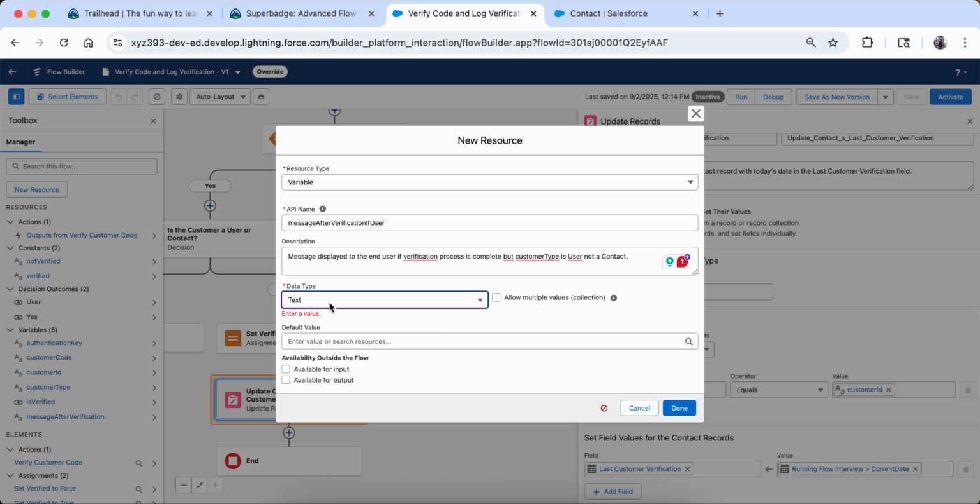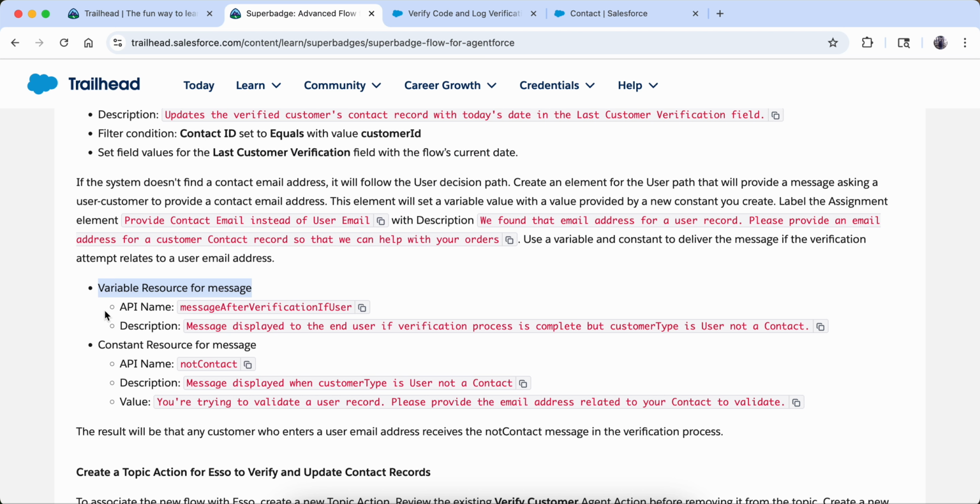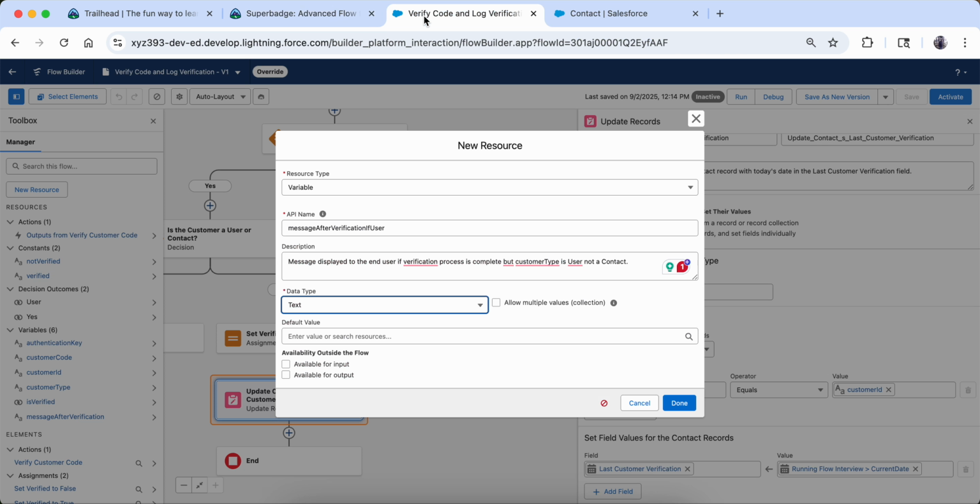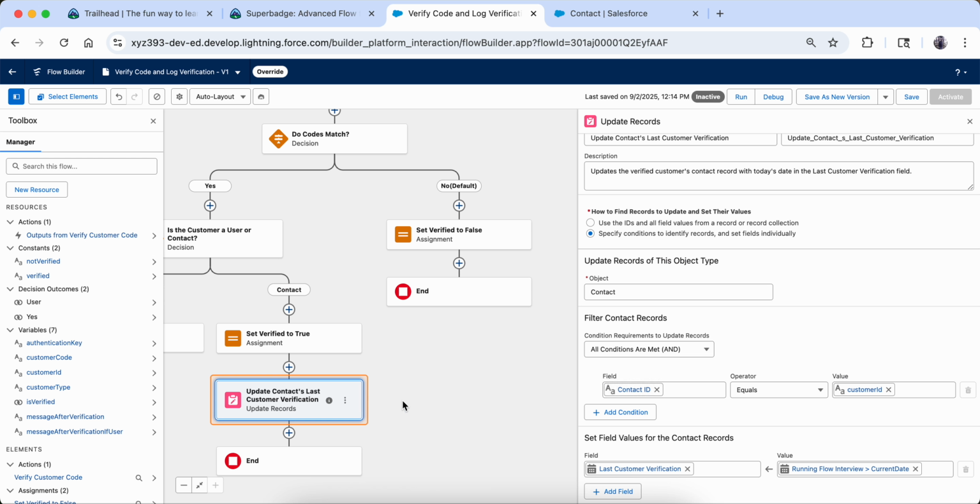And this is for input output. Okay, it is asking whether it is for input or output. Use a variable and a constant to deliver message if the verification attempt relates to an email address. So available for input output, and I am going to do this done here. Okay, so this is done.